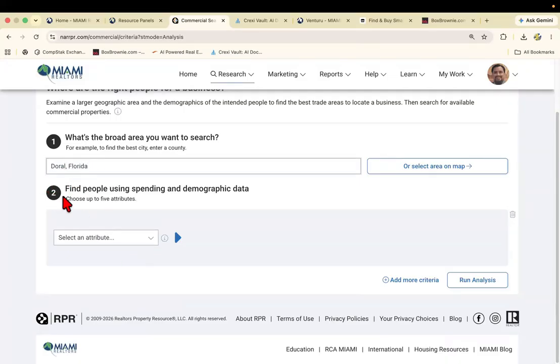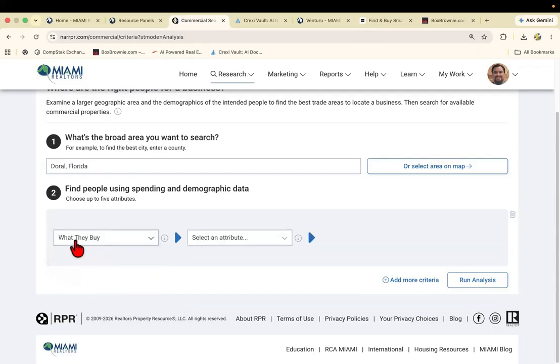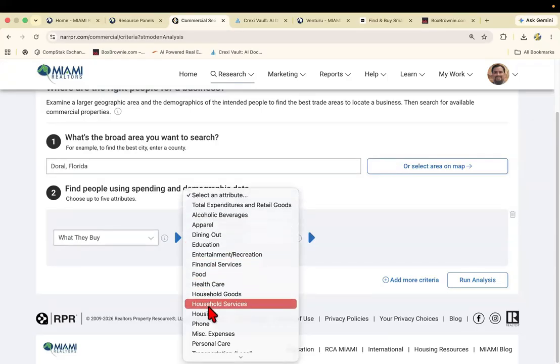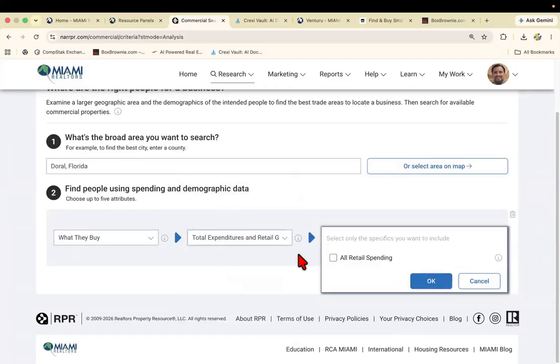We're going to go to the second option. And then in order to locate different types of spending habits, we would go right here where it says what they buy. All right, and these are all of the general lookups that have individual subsections. So the first thing we have access to is total expenditures at retail goods, where I can focus on all